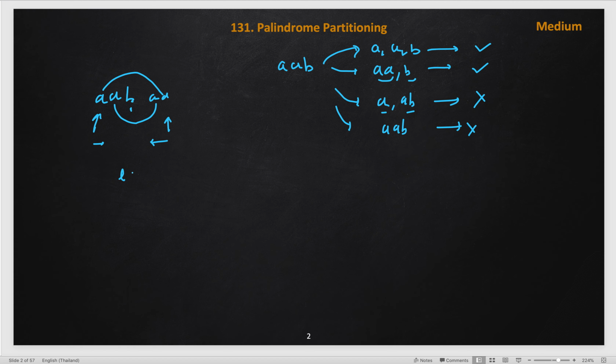Let's say the left pointer is L and the right pointer is R. If we cross each other, it means we can say that this is a palindrome, otherwise it is not a palindrome. So this is the palindrome method, which is very straightforward. If you have solved some problems, you must have known this.